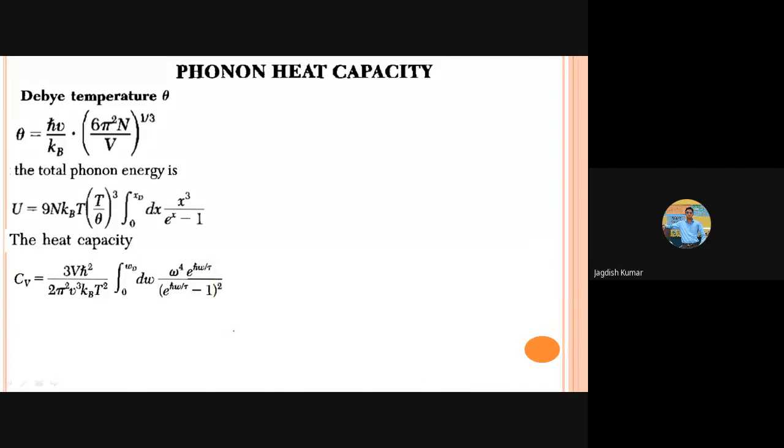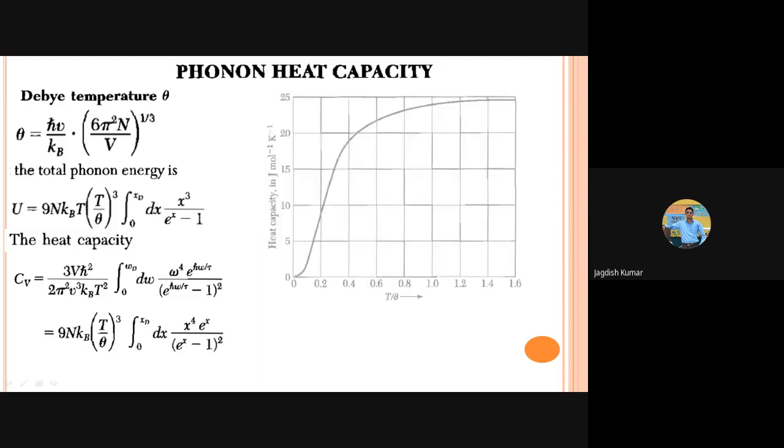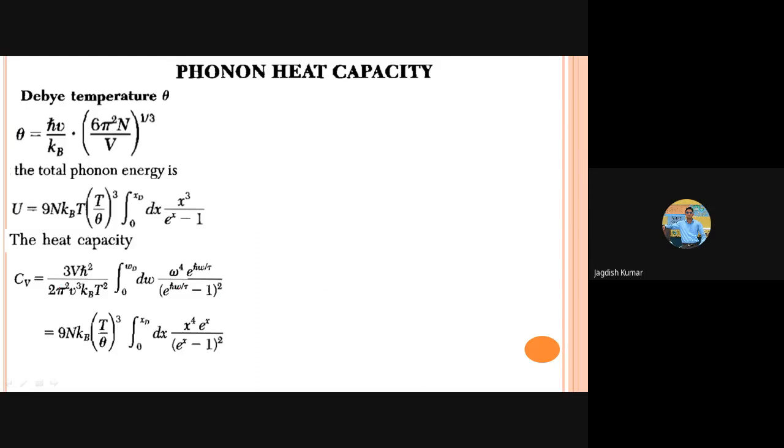So this will turn out to be the heat capacity, but I leave it to you. You should do the steps yourself. Don't skip them. Once this is done, again, further simplification in terms of X, the same thing, we can obtain the specific heat capacity in this particular form. Just simple simplification of the things.